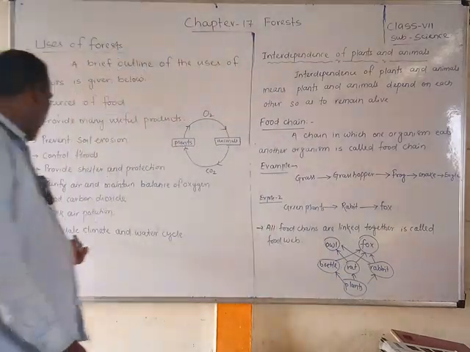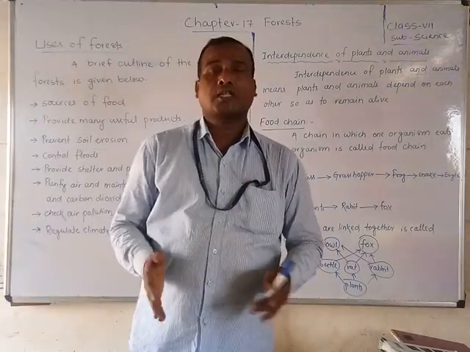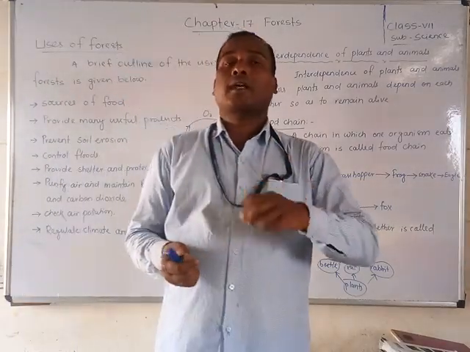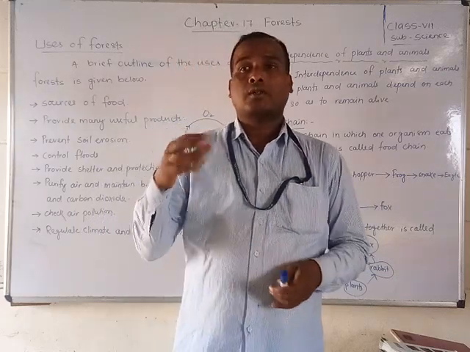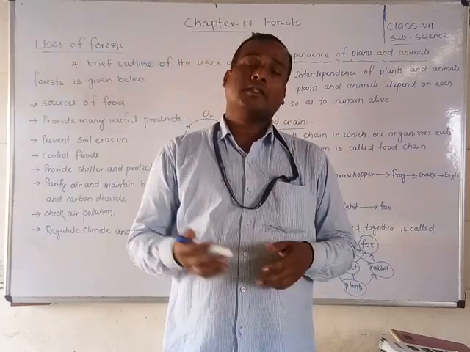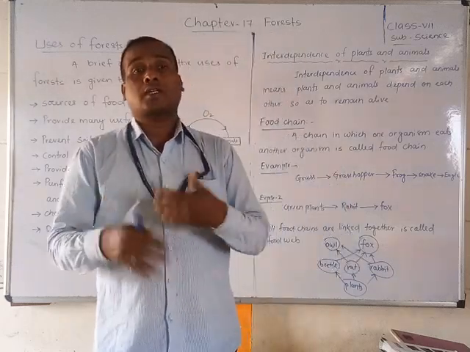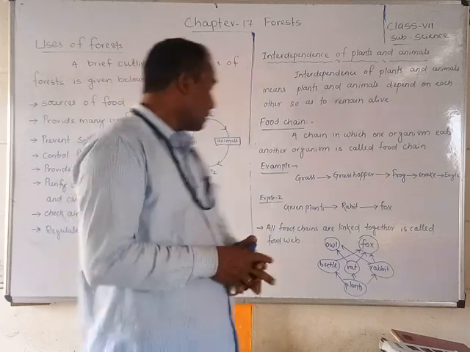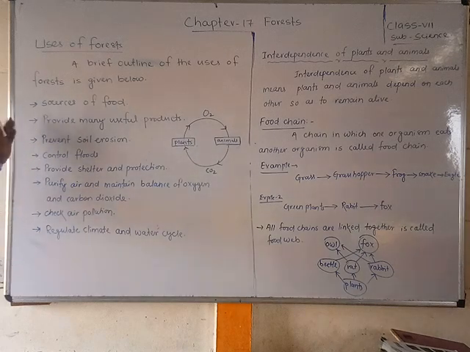Next, regulate the climate and water cycles. If jungles or forests are there, then what will happen, friends? The rains will come at the correct time and plenty of water will be available, because whenever clouds hit the plants or trees, rain will come. That rain also sinks into the soil, and the water cycle will be continuous. Not only this, we get so many other benefits depending upon the forest, and we use different products.